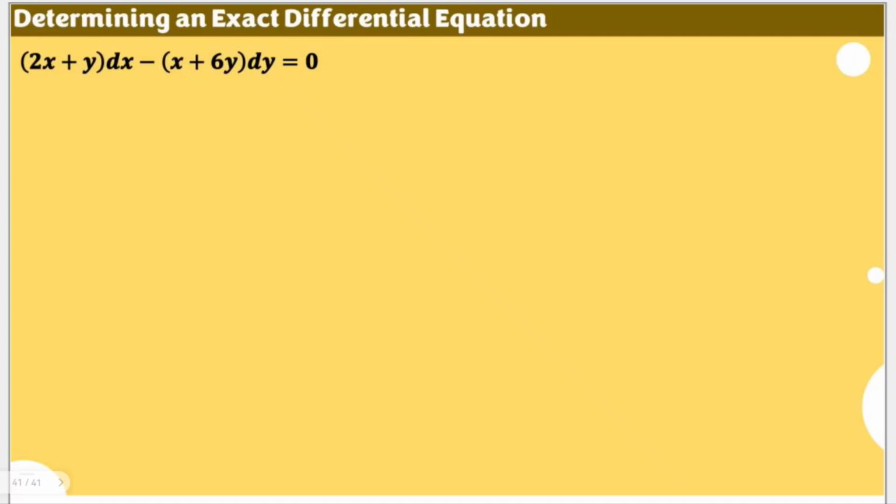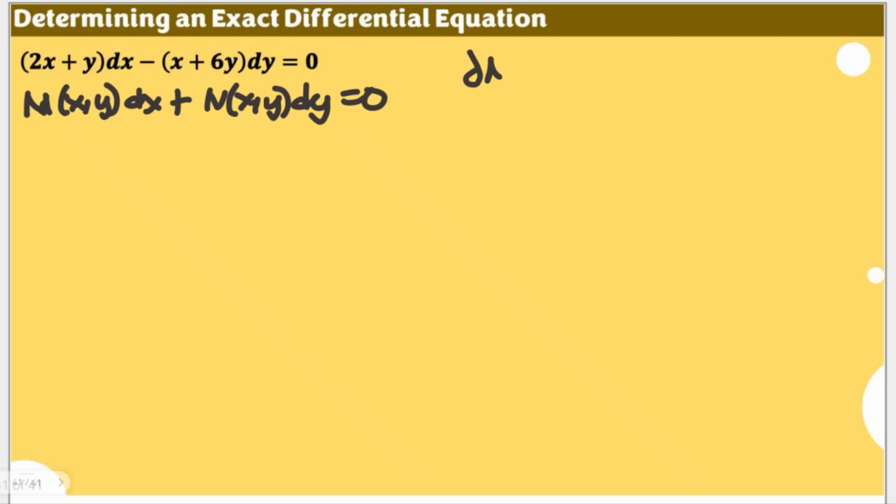To determine which process we need to use in order for us to solve for this given differential equation, whether the process for exact or non-exact, we need to establish whether this given equation is an exact differential equation or not. We need to show that this equation, when transformed into M(x,y) dx plus N(x,y) dy equal to 0, we need to establish that a certain partial derivative of M with respect to y